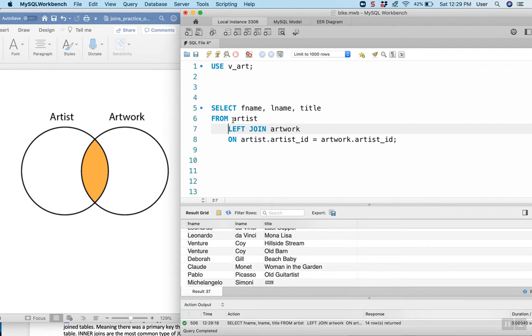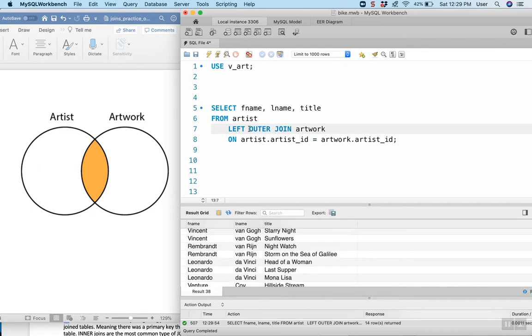The left and the right keyword, and we're going to see the right in a moment, they both refer to outer joins. The term outer is implied, but you can use the keyword if you want, it's just not required. When it sees left or right, it just knows you're doing an outer join, just as the keyword inner wasn't required when we just put join. And so this would run the exact same way. All right, so let's